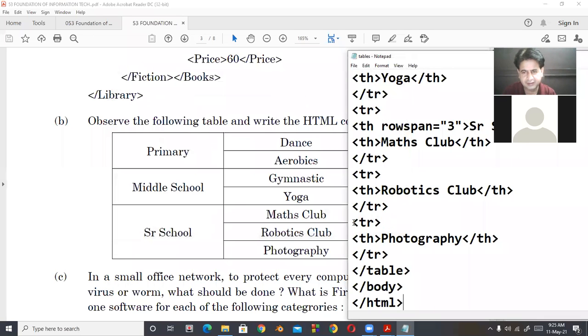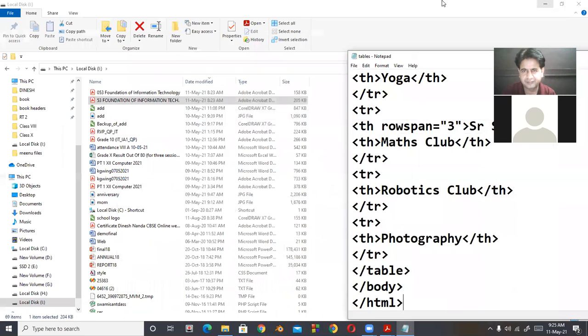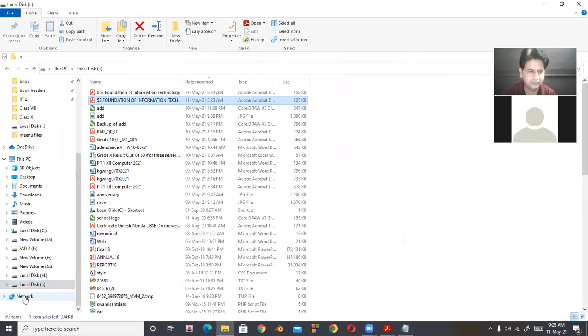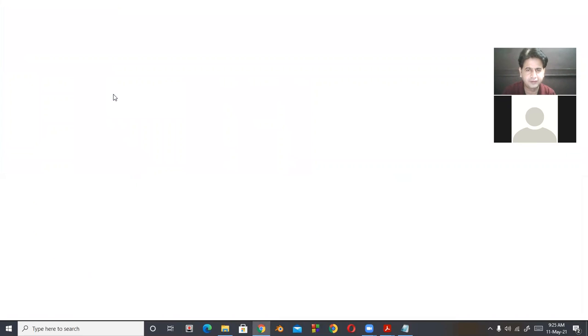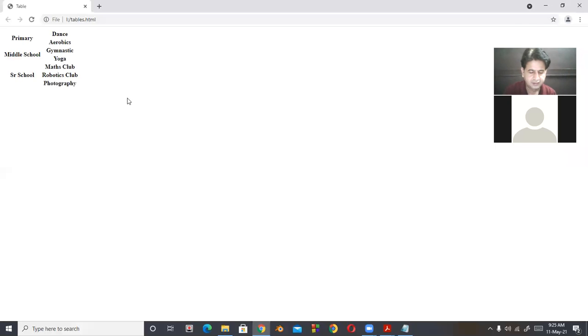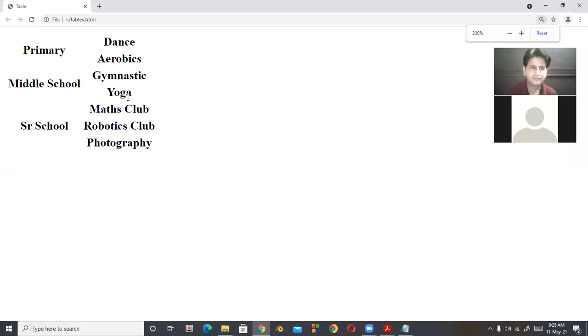I saved the web page. Now in iDrive, there is tables. I open the table, but there is one thing, there is no outline.